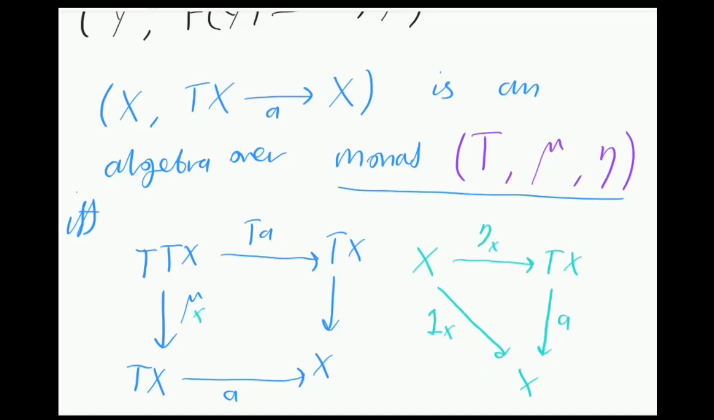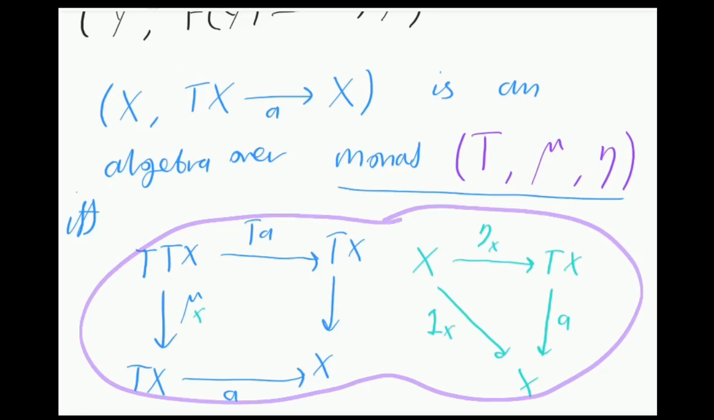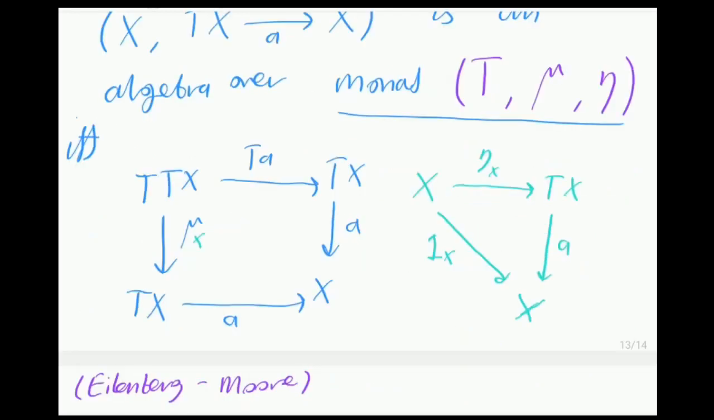Okay, so of course when we have a monad, we have an endofunctor, and so an algebra over a monad is this normal kind of structure of an algebra. But when we're talking about algebras over monads, we require that these two diagrams have to commute. And so now